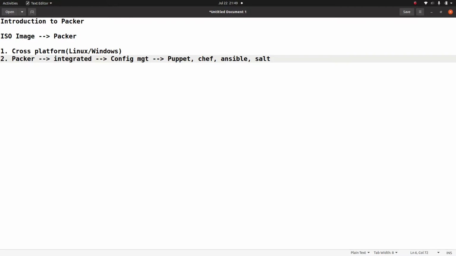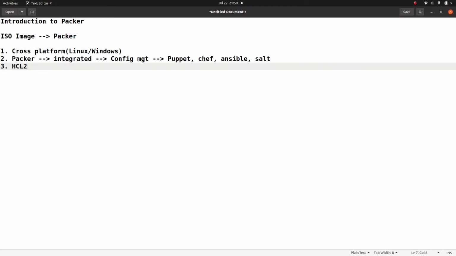Third, it uses something called a JSON template, and starting from Packer version 1.5.0, it started supporting something called the HCL2 template. Anyone of you who uses Terraform to create resources knows that you need to use something called an HCL template.